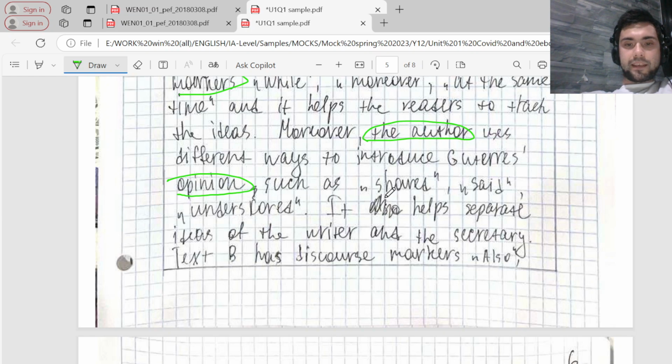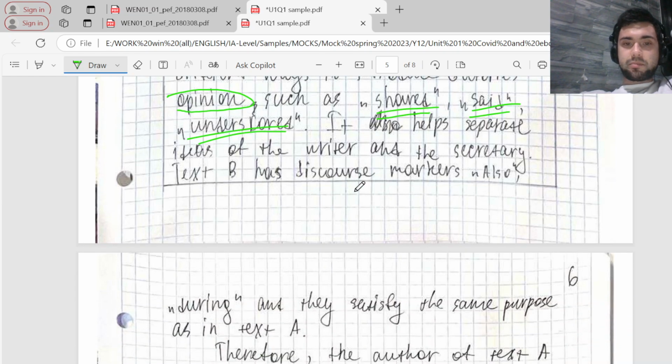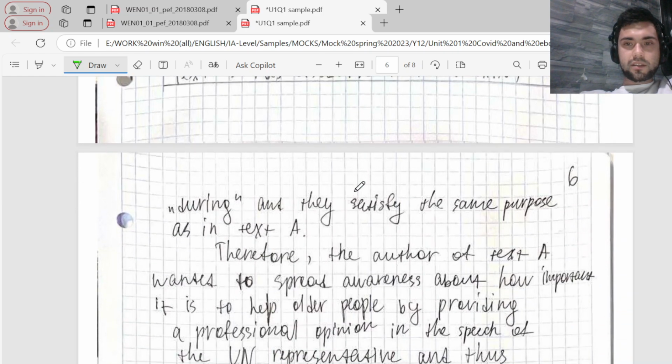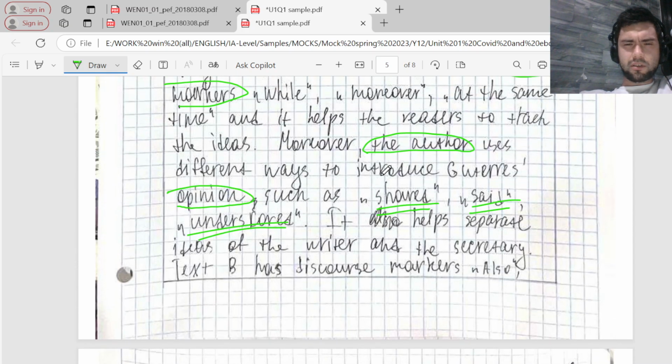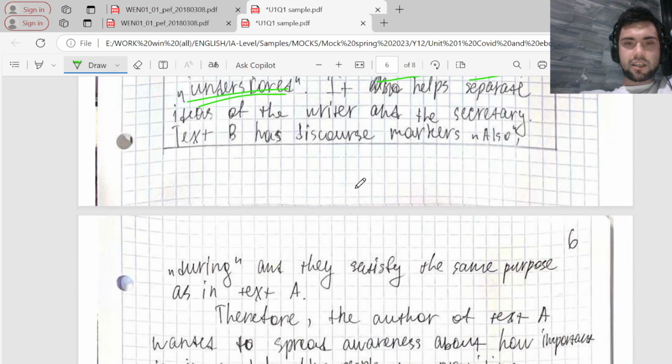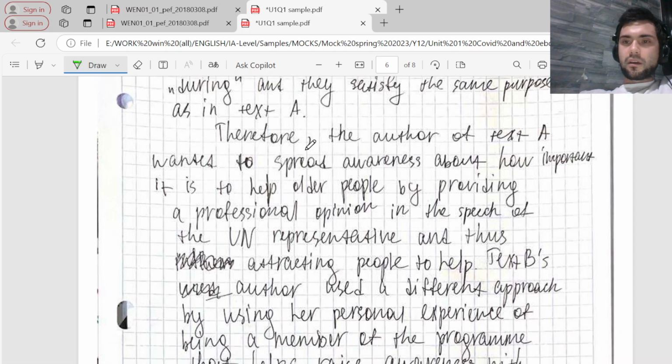But here the reporting verbs are mentioned, which is showed, said, underscored, and it's all right in text B, discourse markers as well. So also during, and they satisfy the same person as in text A, which was, by the way, introduce, yeah, him. Yes, you can specify some more functions that discourse markers